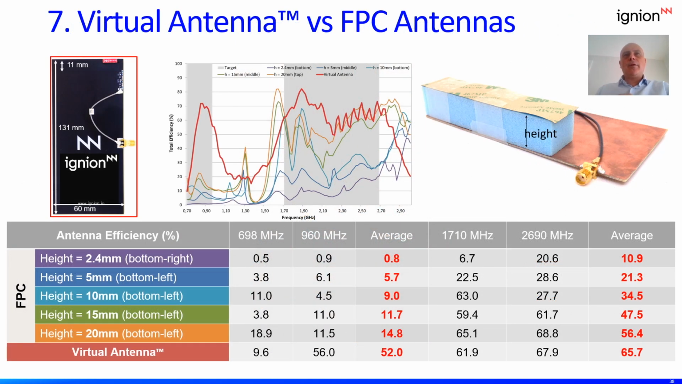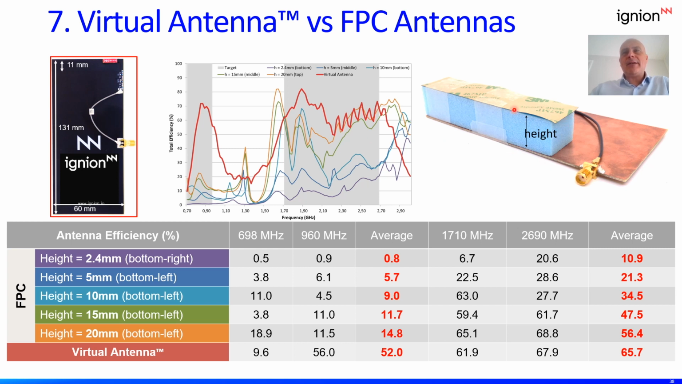Now let's move to the end of this presentation. Now let's compare virtual antenna with other solutions, in this case flexible printed circuit antennas. What we illustrate is a comparison for frequencies in the 700 to 960 MHz range plus 1.7 up to 2.69 GHz. You can see an antenna booster, it's pretty small, it's only 12 mm by 3 mm by 2.4 mm high, in the same PCB as